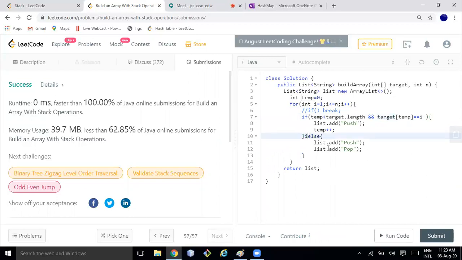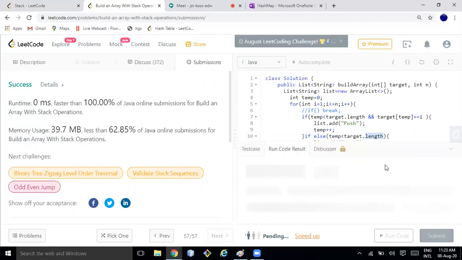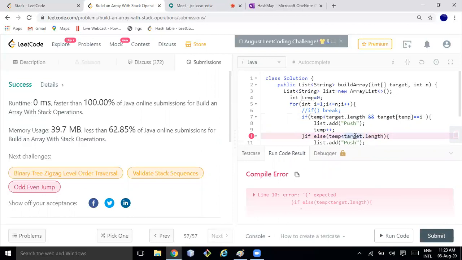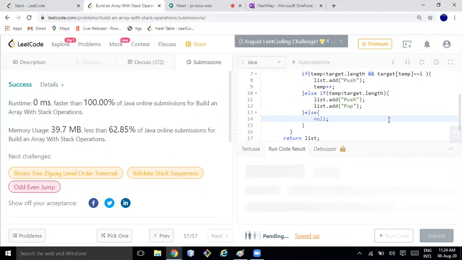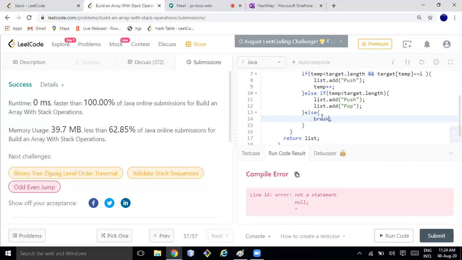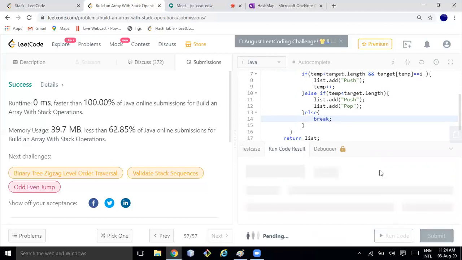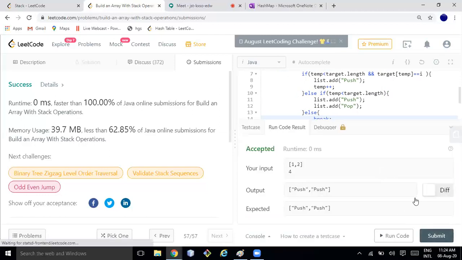So what if I do if else here also? This is also working.